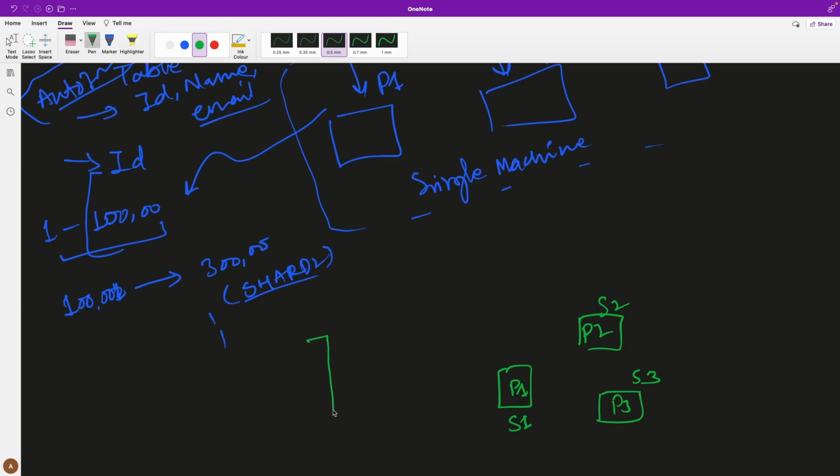Now the application, how would the application know which shard to query the data from? Because it does not know how to fetch the data. Let's say it's looking for id equal to 3. So I want to fetch the record or the row where the id is equal to 3. How would it know which partition or which shard this id is present on? So the logic of deciding will have to be part of the application itself.